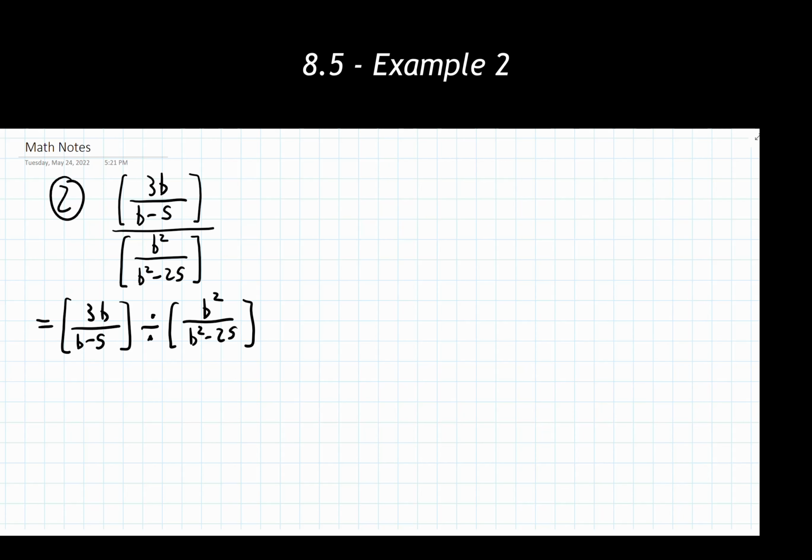And now, to solve this division problem, remember, we change the division sign to multiplication, and we flip the fraction that comes after the division sign. First fraction stays the exact same. It's just going to get rewritten again. And I can have the brackets next to one another. That's fine. Again, just like a set of parentheses, if the brackets are next to each other, it is implied that there is multiplication that is taking place here.